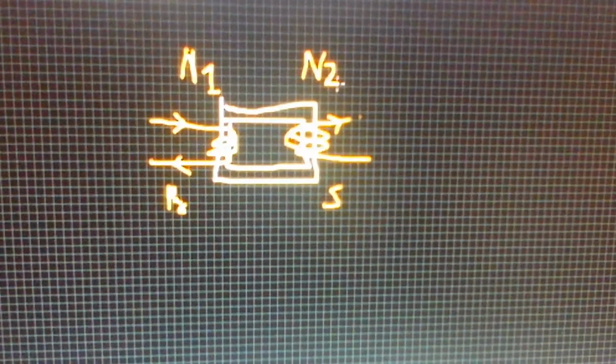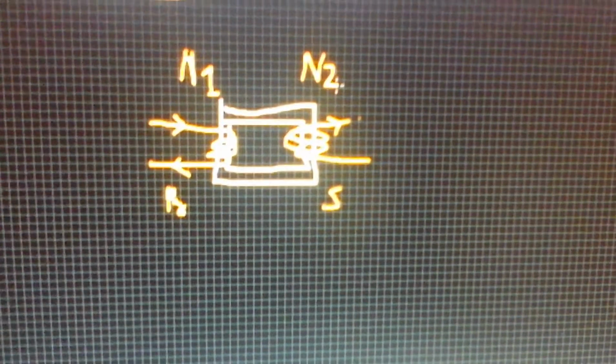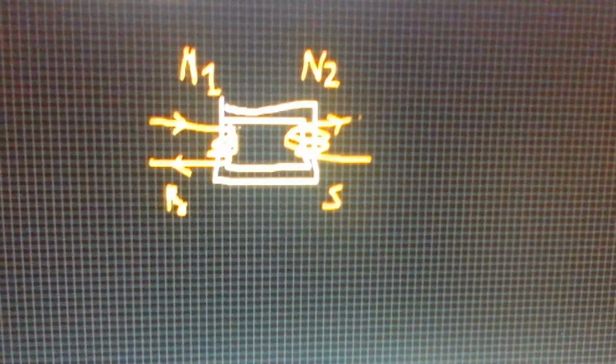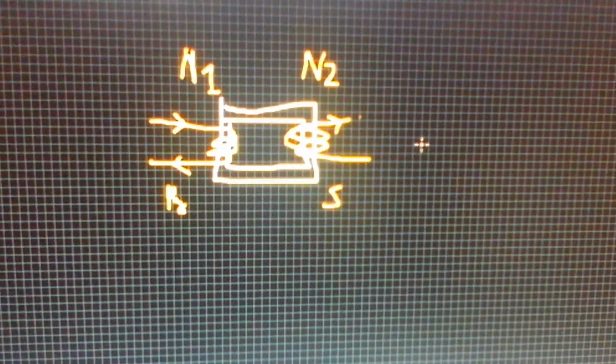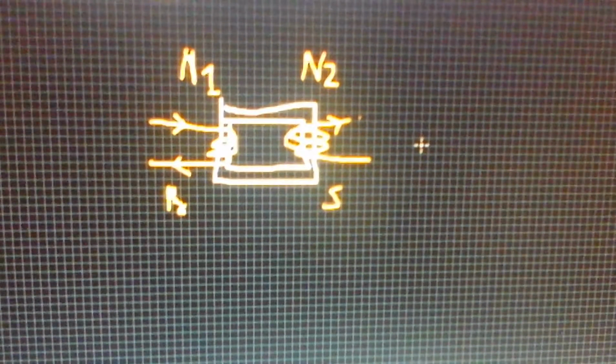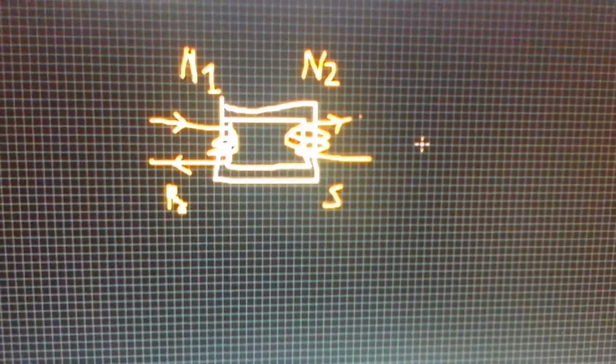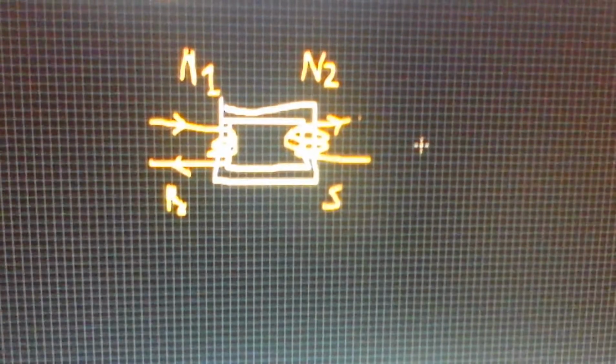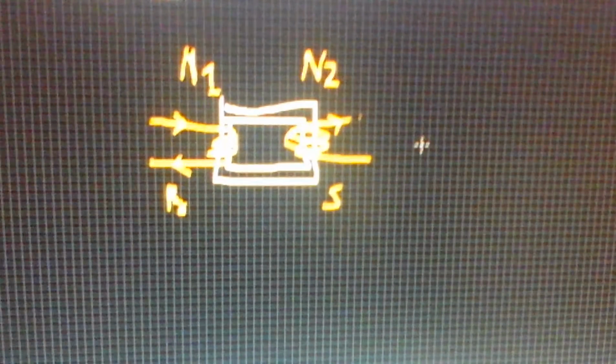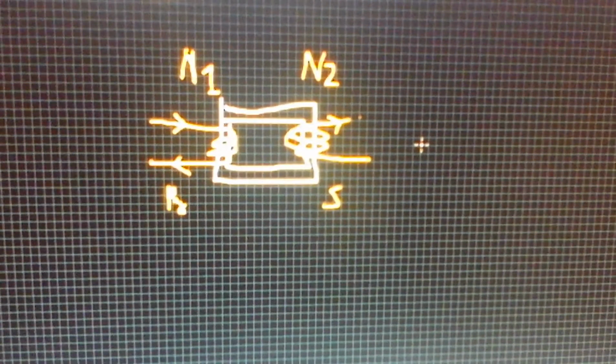So how does this change the magnitude of current and voltage? Say we have N1 number of turns here and N2 number of turns here. If we have more turns here and fewer turns here, we will get a lower voltage, because if we have more coils, we will have to shorten the thickness of the wire, and on the other